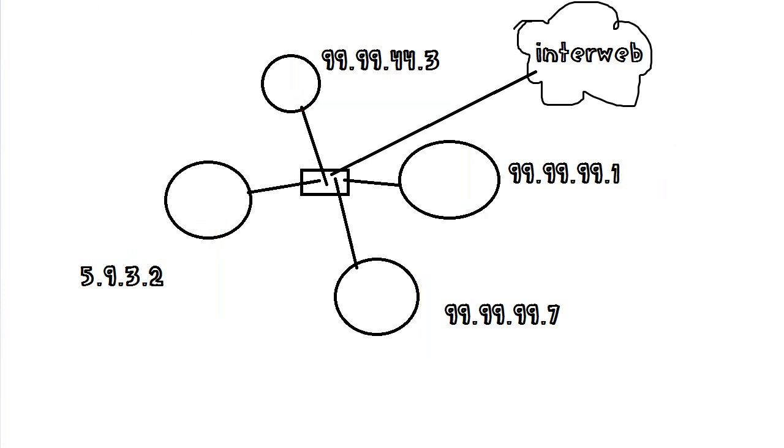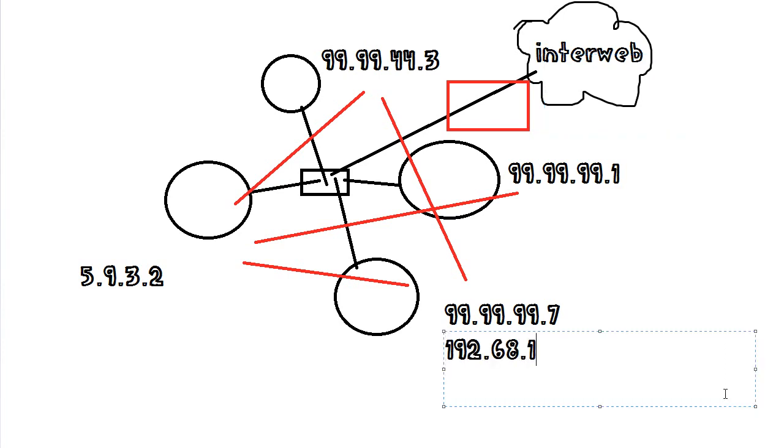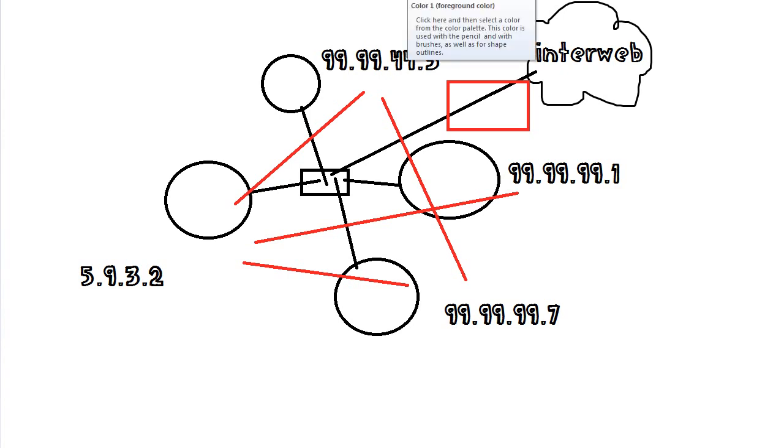The other option is to NAT. Generally when you want to NAT, all this shit should be on the same subnet, which in this case is impossible due to the numbers that we've chosen. But, whatever. NATing basically means that we change the numbers when they leave the network to numbers that make more sense on the internet. This is how your local IP address turns into your public IP address, of which your provider generally only gives you one. So it's a way of splitting that network interface into multiple computer access points. Oh, shit.